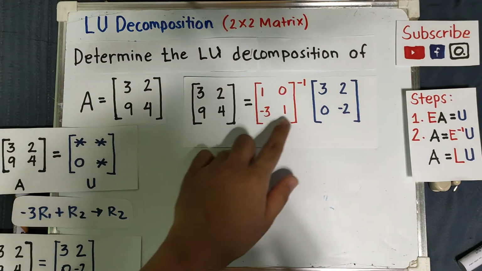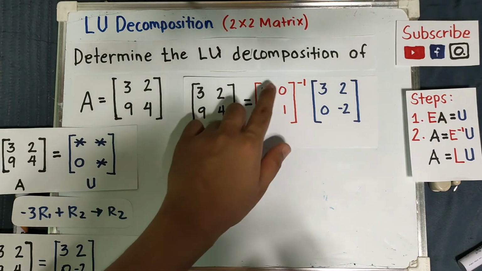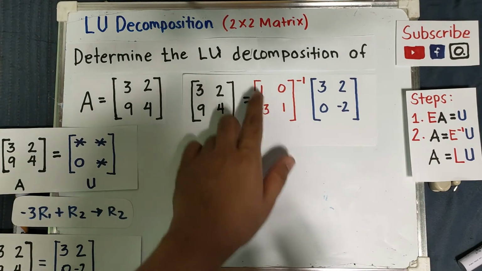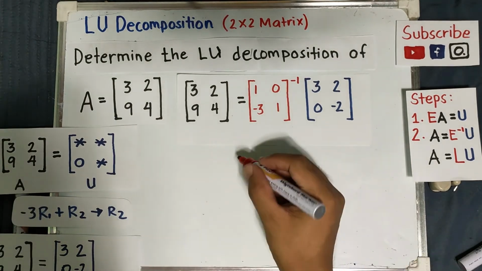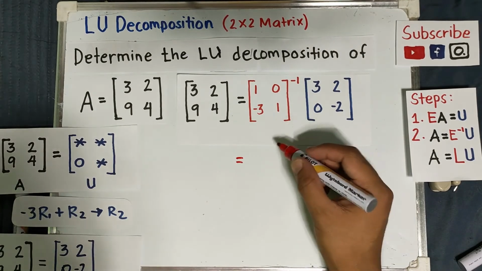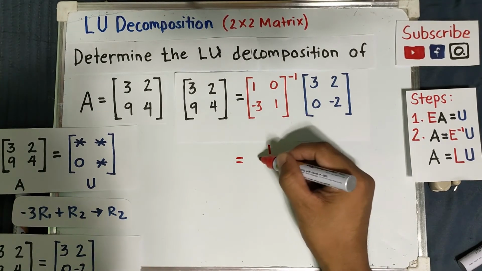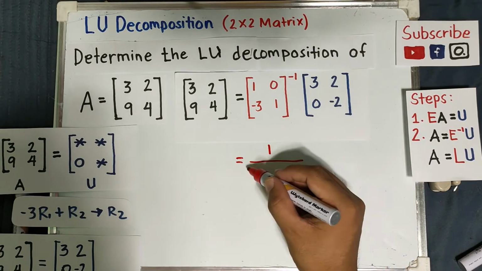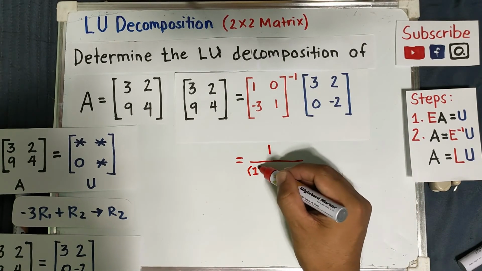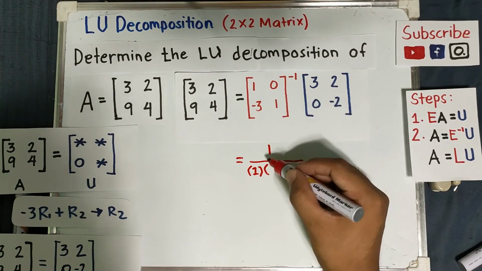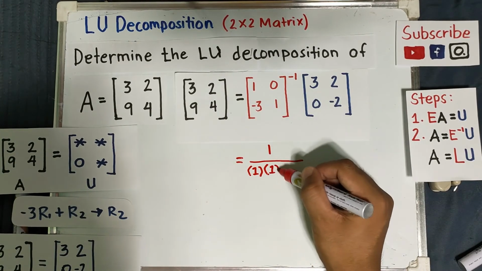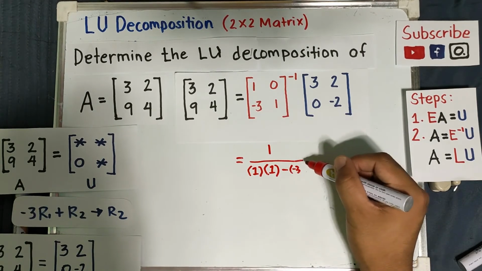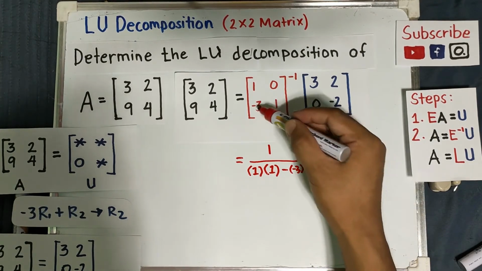Let us first solve the inverse of E. So, how do we solve the inverse of a matrix? The inverse equals 1 over 1 times 1, minus negative 3 times 0,